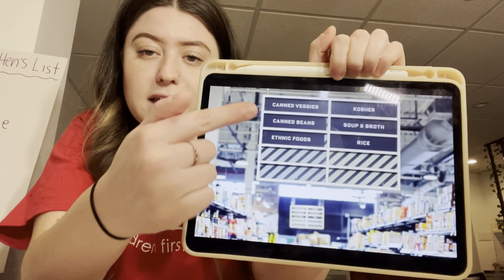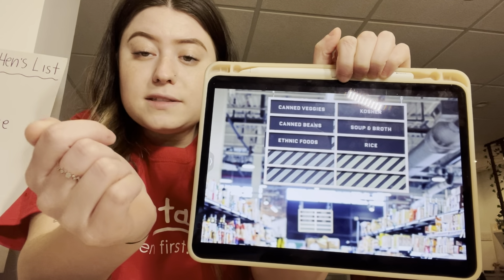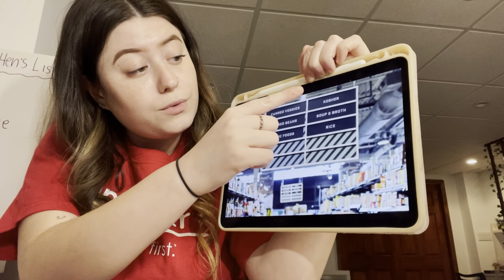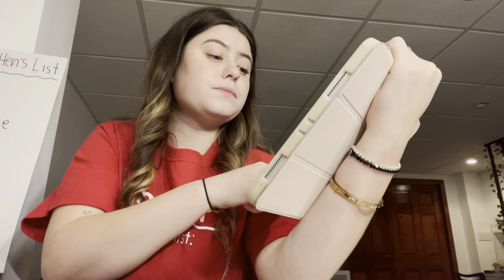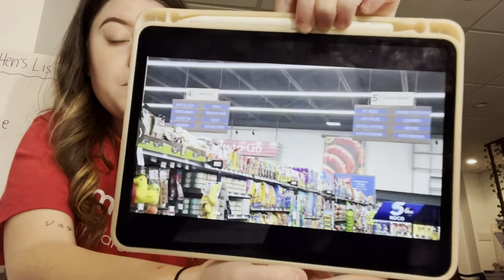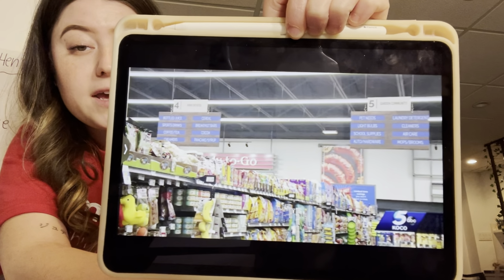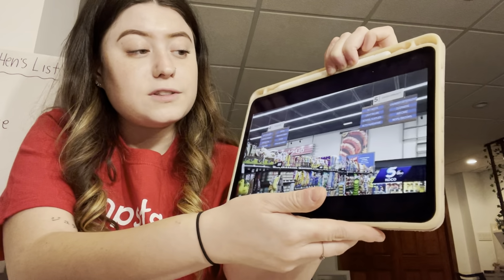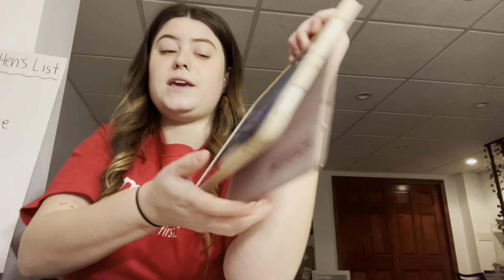And it'll say things like canned veggies, canned beans, ethnic foods, rice, soup and broth, and kosher foods. And here's more pictures of what the signs look like in the supermarket. They usually hang on top of the aisle so that they're easy to see and read. So now that we went over that,